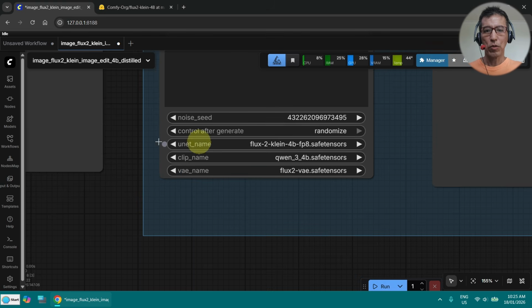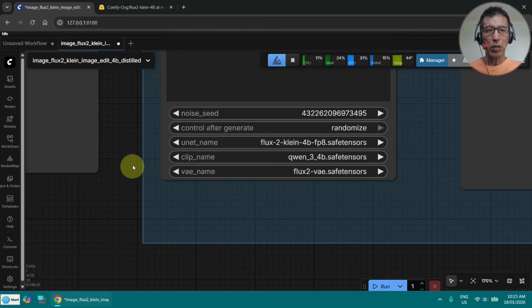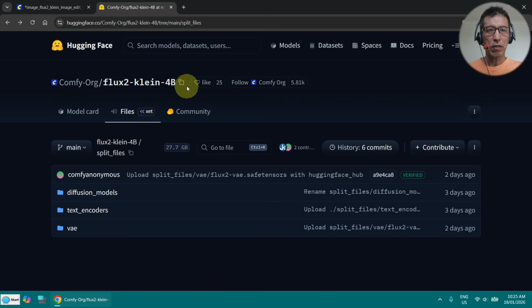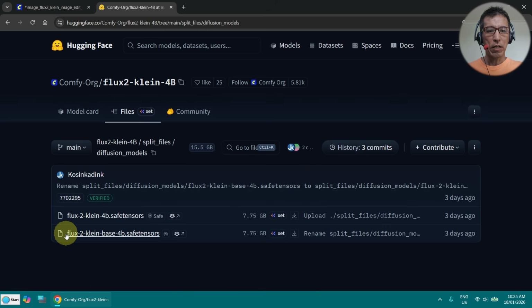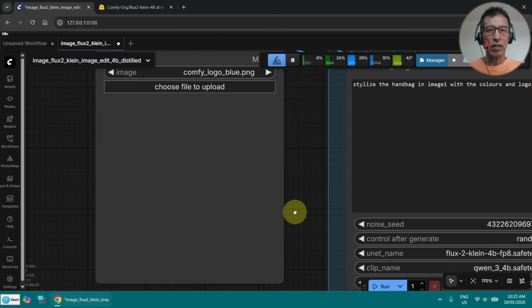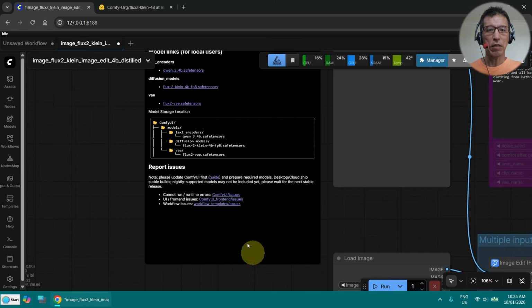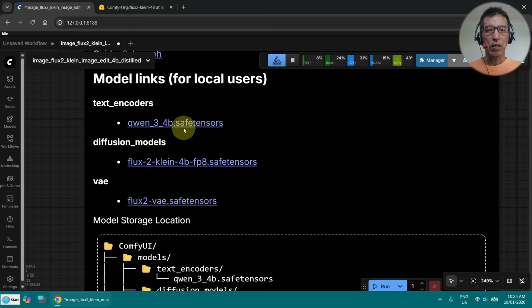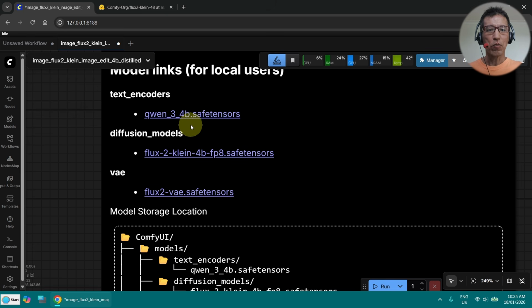Here you have to put your model. I got my model from Hugging Face. This site, I will link it in the description. The diffusion model, and I got the 4B safetensors. For VAE and text encoder, you will find the links here. If you have been following my tutorial, you should have the Qwen text encoder already, so you don't need to